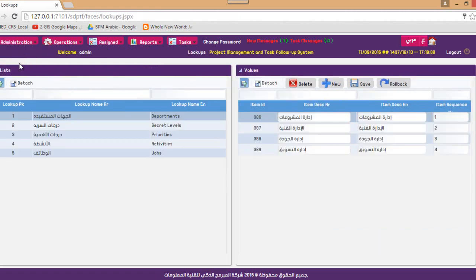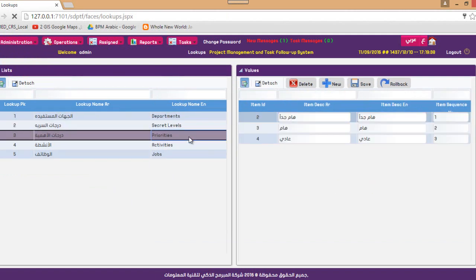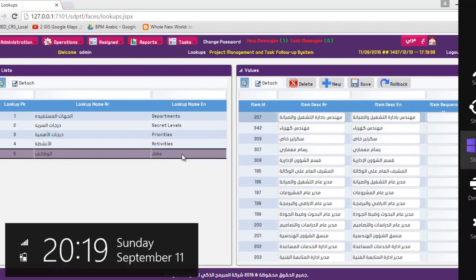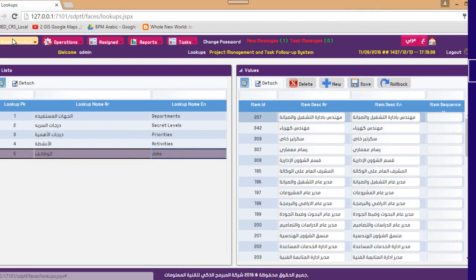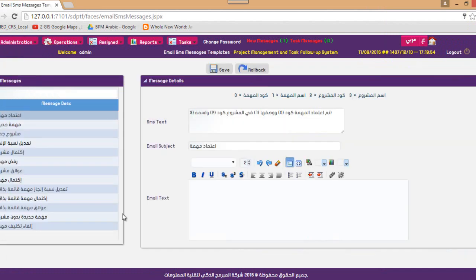Then we have the normal page of lookups, like departments, secret levels, priorities, activities, and jobs. Then we have the email and SMS message templates.